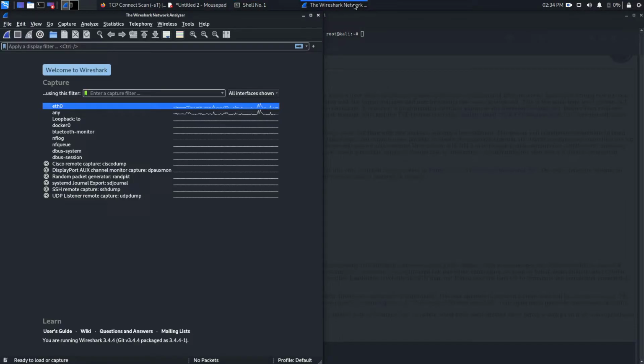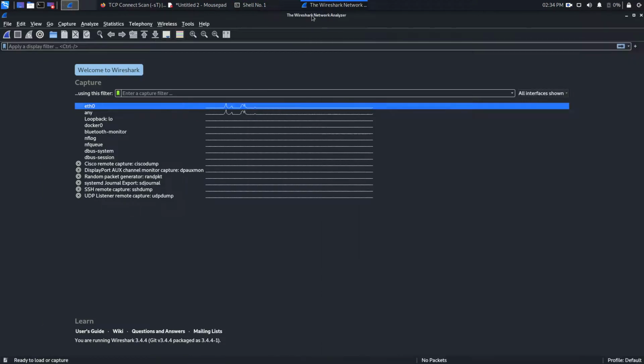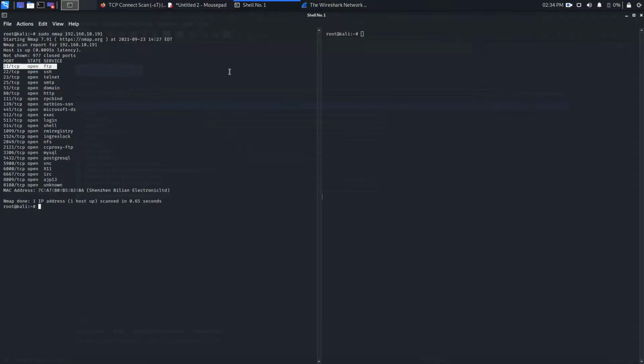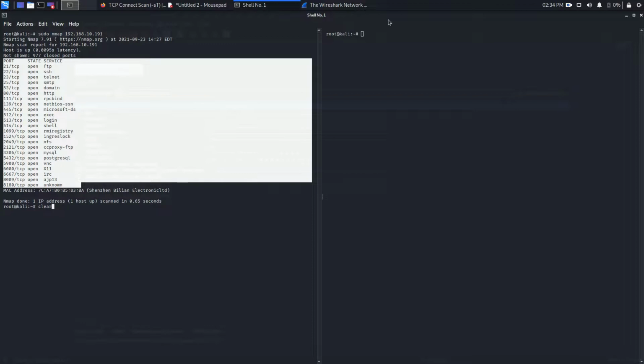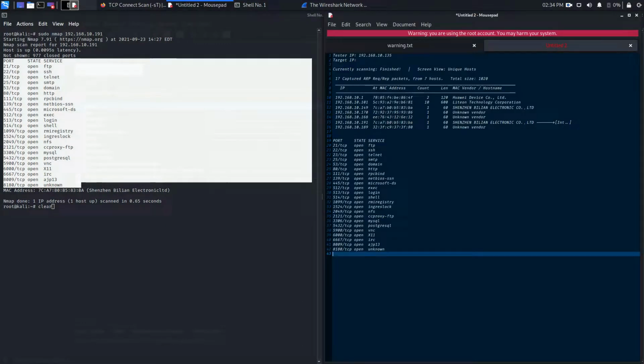I open up a tool known as Wireshark. This is a packet capture and packet sniffing tool. We will scan and capture the packets here, and we will see what is happening behind the hood, because we need to know this also. So I'm just going to clear this, and before clearing I'm going to copy and paste here, and pick just one port and one service so that we will know.